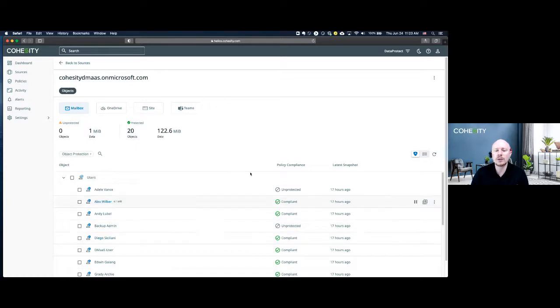So I've got a couple in here that are excluded, but we really want to make it simple for you to be able to protect at scale without having to sit there and manage a bunch of different things. I mean, if you've got 30,000 users, trying to manage that as 30,000 different entities would be a very cumbersome operation, which is why we really want to try and go to more parent level operations and leverage auto protect as much as possible.